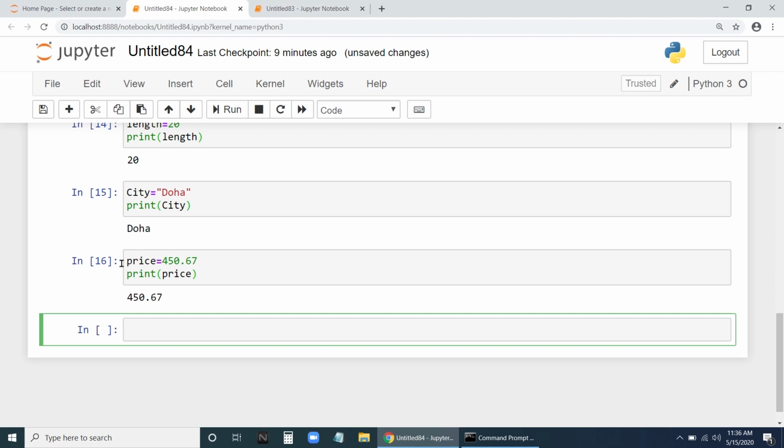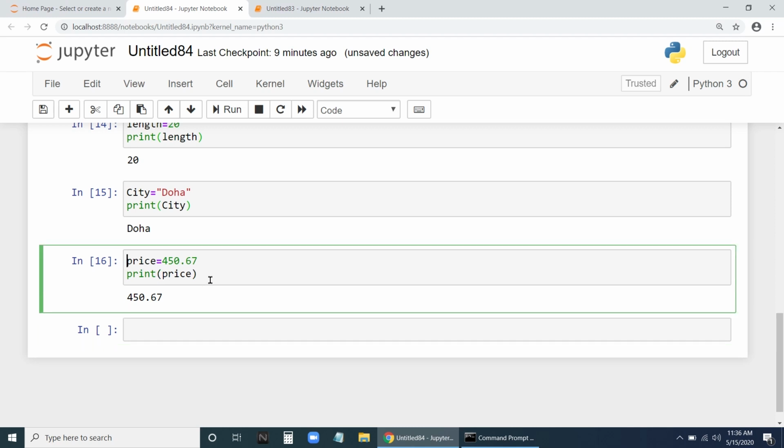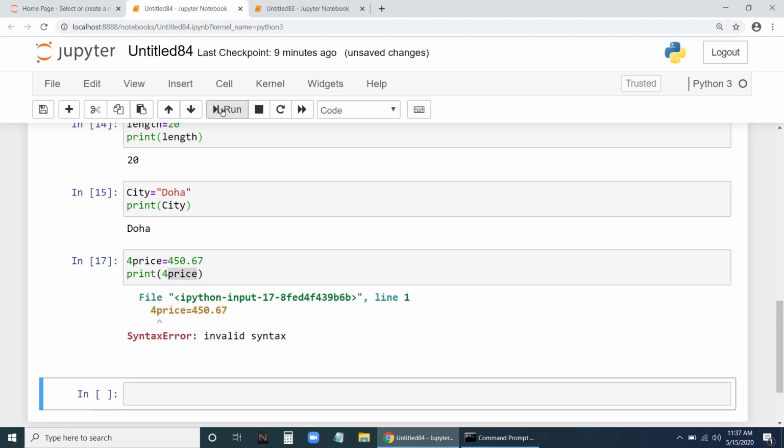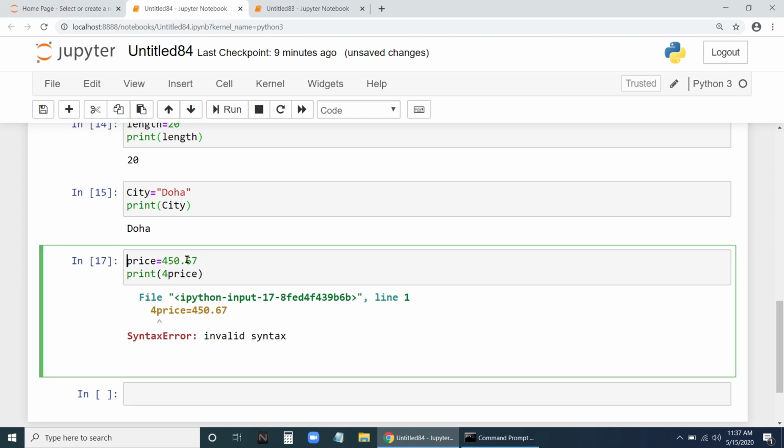So if I change here, let us say 4 price. I have given the name as 4 price, and I'm printing 4 price. Is it possible? No, it is not possible. It is starting with a number. That's why it is saying error. Let us say I have given price A, with a blank space, and here also price A. I'm trying to run this.